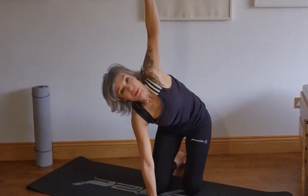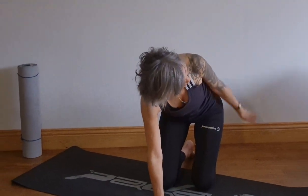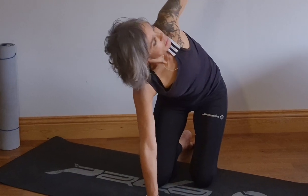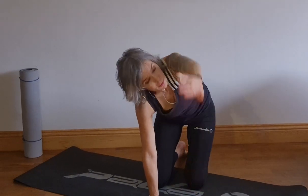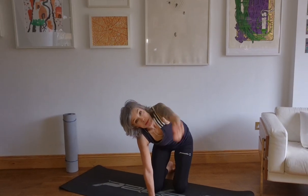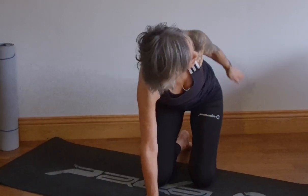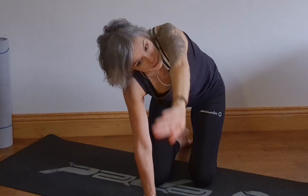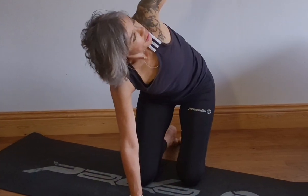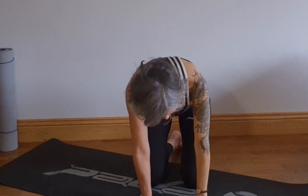1, 2. Follow the hand with the head. 3, 4, 5. Opposite way. 1, 2, 3, 4, and on 5, bring the hand down to the mat, flip the wrist. We're going to rotate around on